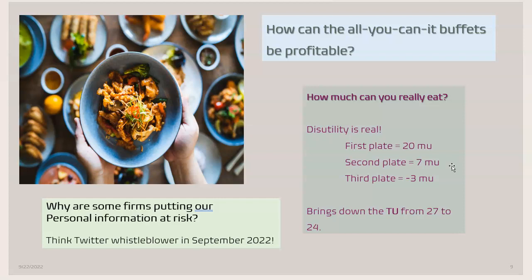And then the third plate is really so much. It is so much that it sets in disutility. And when you now have a -3 for utility, your total drops from 27 to 24, right? You go from the first and second plate giving you a total of 27 to adding one more plate and notching down 3 points from 27 to 24 in total utility